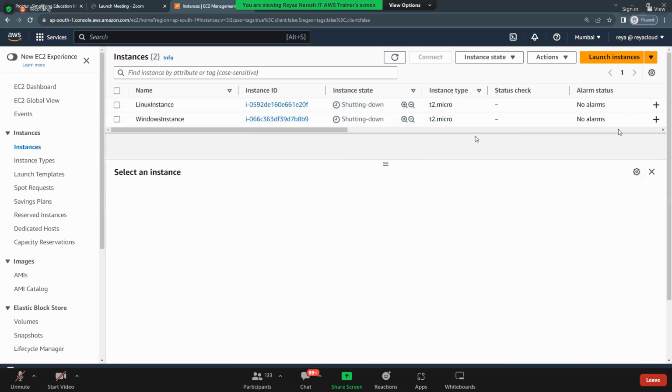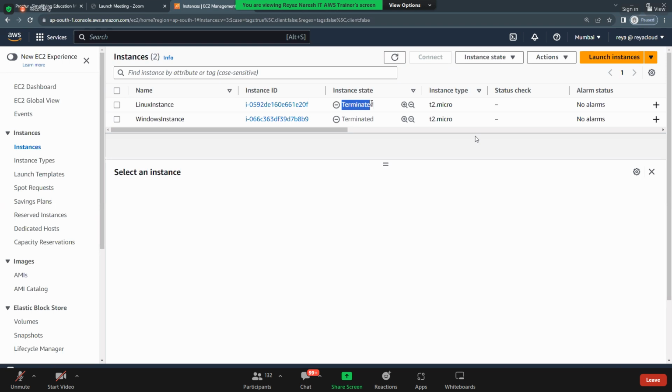Any questions? Is it clear what we have learned? What did we learn today? Simple. We have launched EC2 instances, Windows and Linux, and then we connected to those EC2 instances and reviewed all the options. And we worked with public IP and then elastic IP. It looks bigger, but it is very small. Yeah, of course, it is very deep.